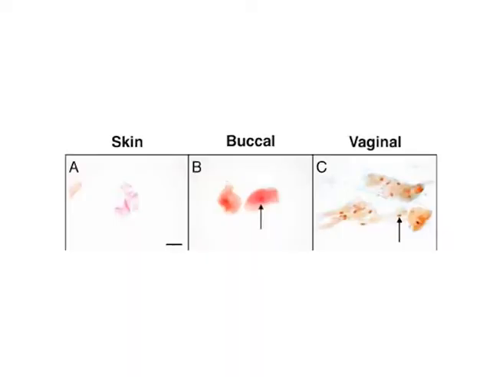The next technique is the Dane staining technique. The Dane staining method has been developed to distinguish between different types of cells. In this assay, skin cells are stained red and orange, buccal cells are stained predominantly orange-pink with red nuclei, and the vaginal cells are stained bright orange with orange nuclei.